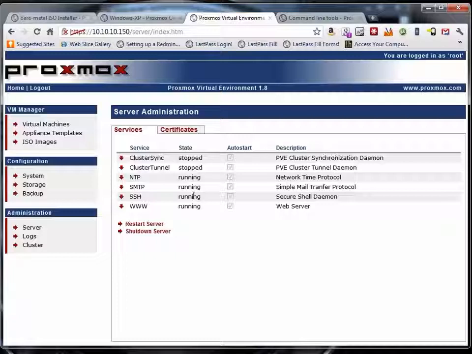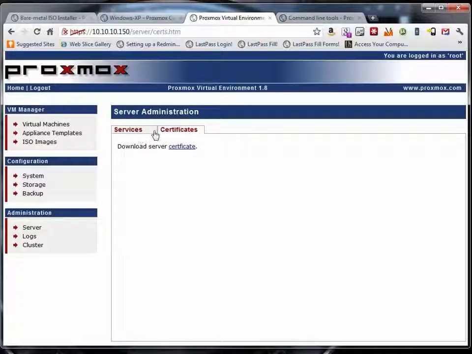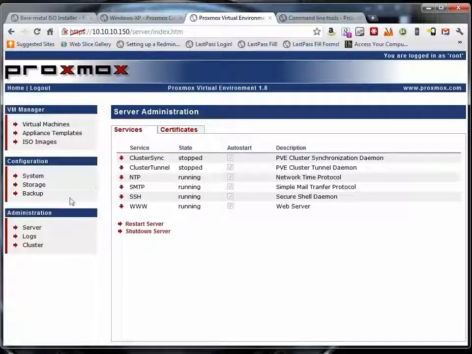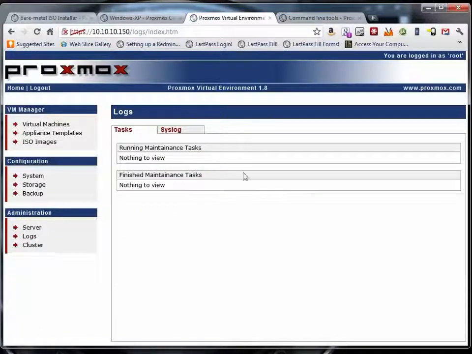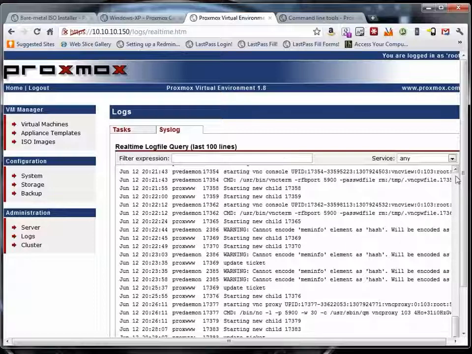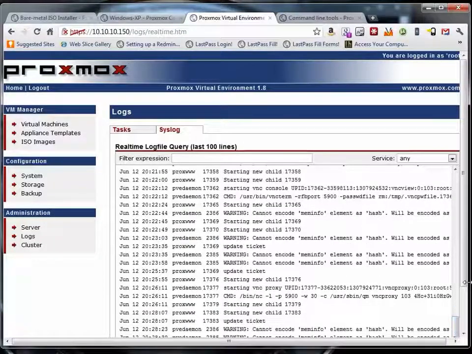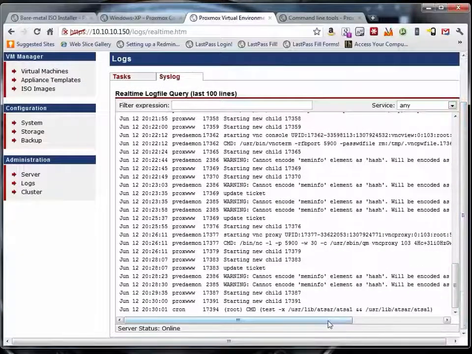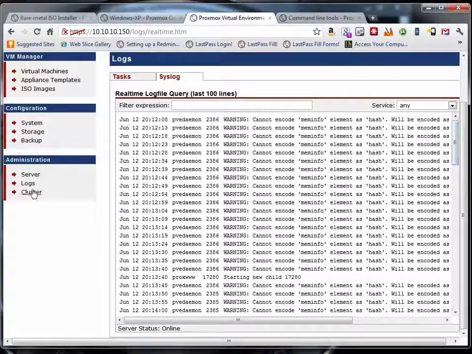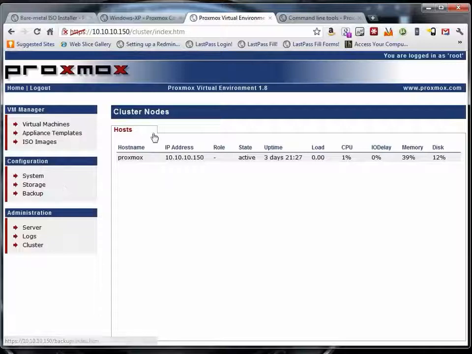This is all the services. I don't have cluster sync or cluster tunnel running because I don't have any clusters. Certificates, that's if you want to, like right now the HTTPS is not, you can download a certificate if you want, don't really care. Logs, nothing really important here. Syslog is sometimes useful, but I usually just check it on the server myself. And cluster, I only have one up and running, so